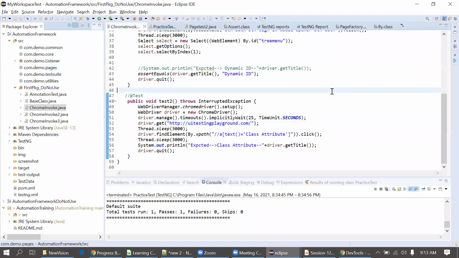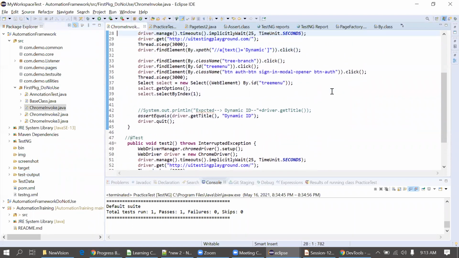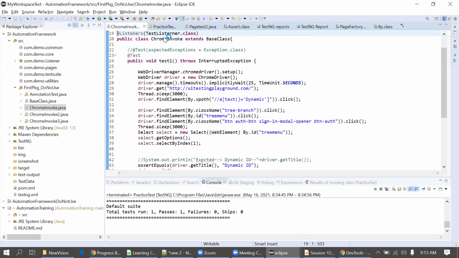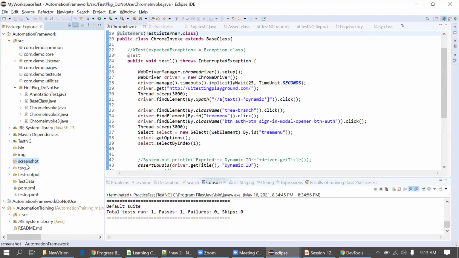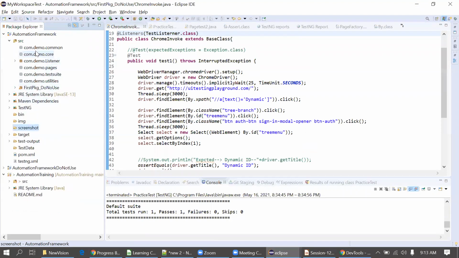When you hover the mouse over the class name, I will show that practically as well. Suppose this is our class name. When I hover the mouse here, automatically you will get a screenshot of that particular web page. This screenshot is just to identify which page we are using from the website. Let me check if I missed anything: common, core, utilities, web pages, test suite, test data folder. Okay, fine. Now we'll start writing the test case.